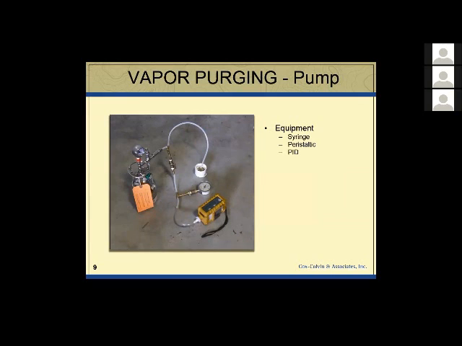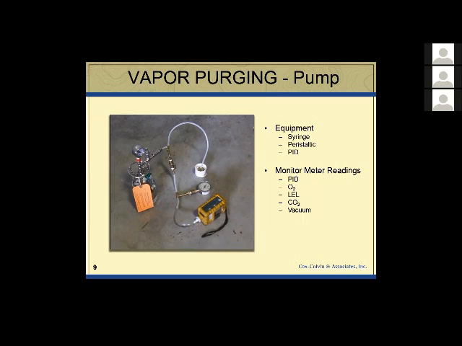And well, you can use a couple of things. You can use a syringe and just pull it out until you get the right amount of soil gas. You can use a peristaltic pump, although you don't want to use that for the actual sampling. I'm using a PID. And the advantage is this PID and multi-gas meter, I can read my oxygen, I can see LEL if I have explosive gases, typical in a hydrocarbon situation, carbon dioxide, depending upon the